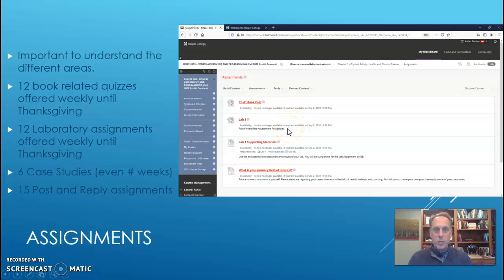Pulse, heart rate, assessment procedures. And then you have supporting materials for Lab 1 to help you with this assignment here. And that'll be found in here. So if you have a lab assignment, you'll have supporting materials put in this folder to help you with that